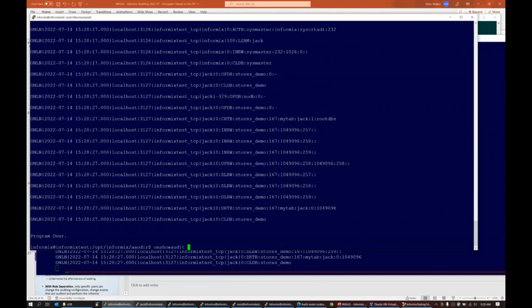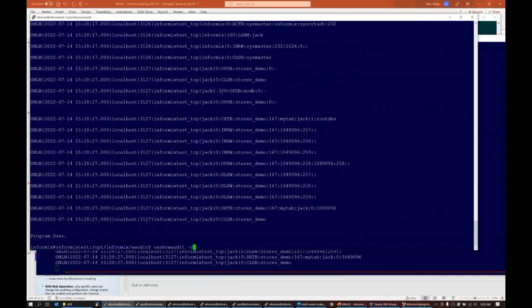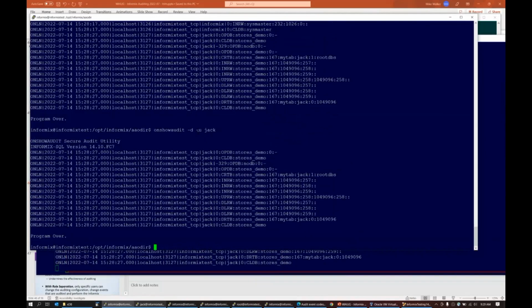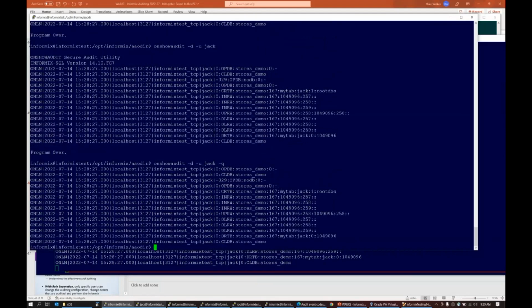Remember what I said about that double spacing? We can now use -D to list it a little neater without those blank lines. And we can also filter by various things. Here I'm going to filter by user Jack. So now we can just see what Jack did. We can hide that status message there, or the